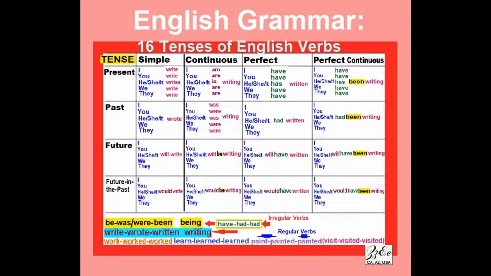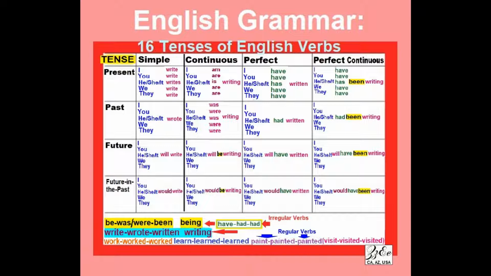So, logically, in future continuous tense, we are going to use the verb to be in infinitive form. Will be writing. The infinitive of the verb to be is be. I will remind you, the personal present forms of the verb to be are I am, you are, he is. But the infinitive is be. And we need the infinitive in future continuous tense. Very easy tense, for all persons the same. I will be writing, you will be writing, he will be writing, she will be writing, they will be writing